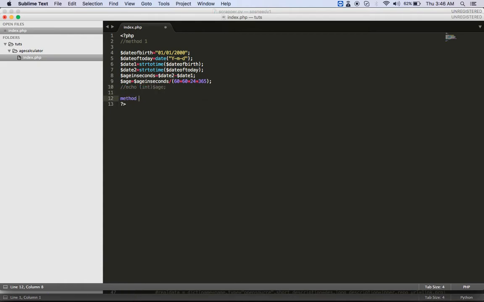So for method two, what I'm going to be doing is getting the year from the date that is given to me. That means if I was born on the 1st of January 2000, I would just take the year 2000, take the current year, and subtract the two. So basically what I do is, okay,